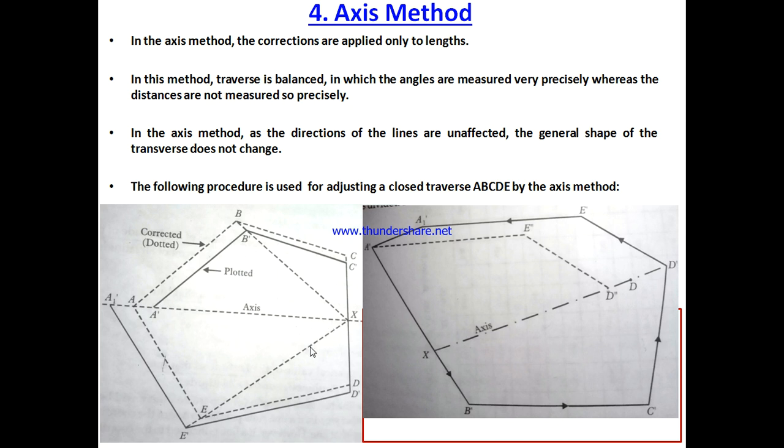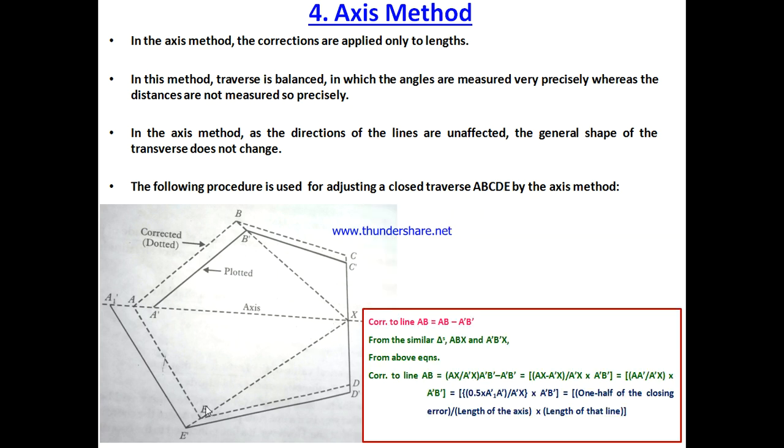In the same manner, I will determine the point E. I need to sketch a line which is parallel to line A1 dash E dash, and I will extend it up to such an extent that I get an intersection point somewhere on the line XE dash. Okay, so I have located my point E.